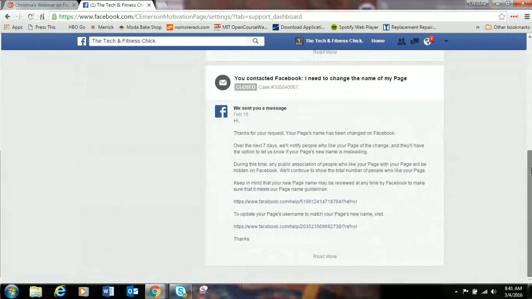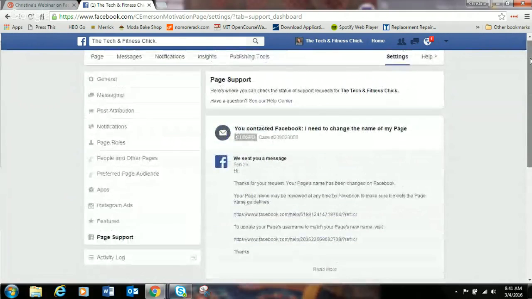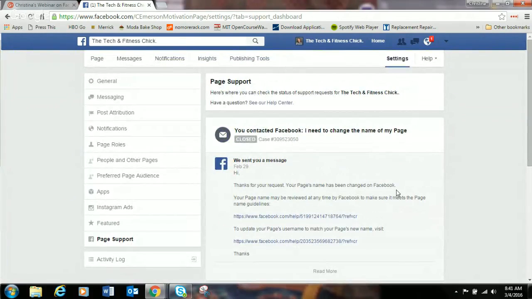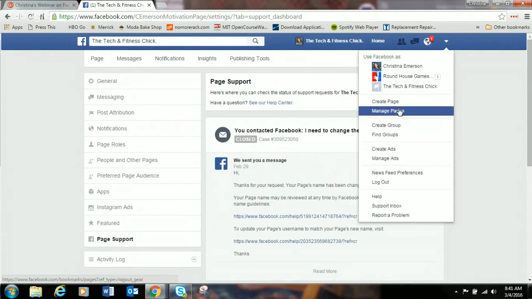I've had to change my Facebook page title on there, and they send you messages on the case number from their support team. So to go back to this, now that you have an overview of what a Facebook page looks like, and the categories that you get demonstrated when you create the page and have it completely published,